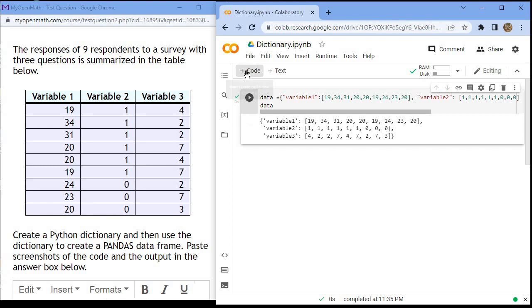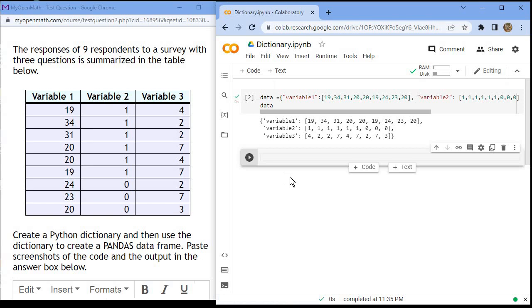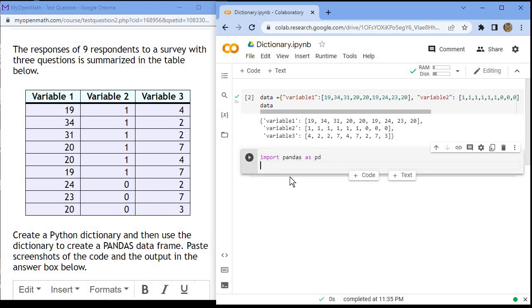All right, so I'm going to add another code cell, and now I'm going to use pandas to create a data frame. The first thing I'm going to do is import pandas as pd. That's going to be the nickname for pandas. So when I want to use pandas, I don't have to type out pandas, I can just type pd as an alias. And I'm going to use pandas to create a data frame. I'm going to give it the name df for data frame, and it's going to equal